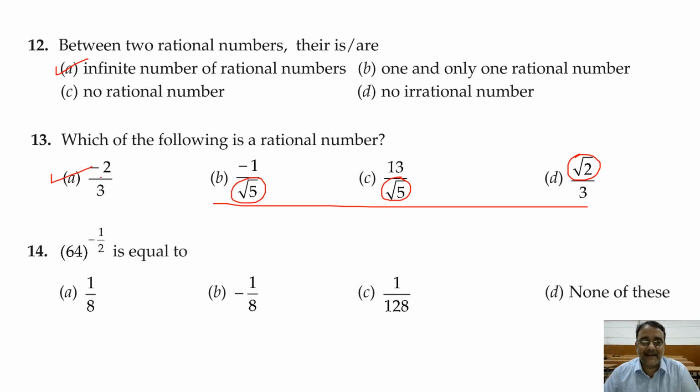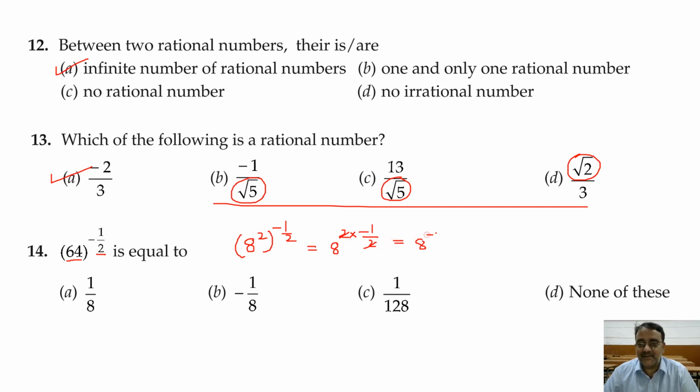64 to the power minus 1 by 2 is equal to dash. सो 64 यहाँ पे देखो 2 है तो 64 को हम लोग किसके पावर में 2 लिख सकते हैं? 8 sir. राइट 8 स्क्वायर. ओके 8 स्क्वायर टू द पावर minus 1 by 2. Right, if we use the property then 2 into 1 by 2 minus 1 by 2 will come and this 2 will be cancelled and finally we'll get 8 to the power minus 1.